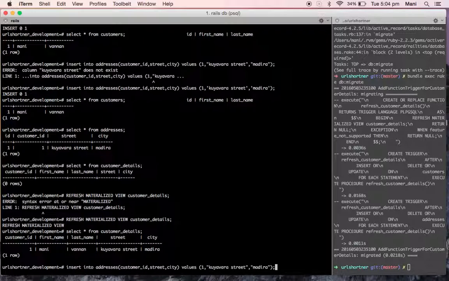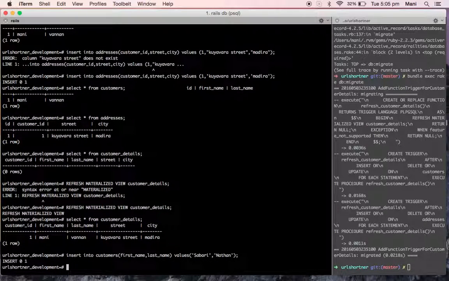Now insert into, better I'll type. Next insert into addresses street.